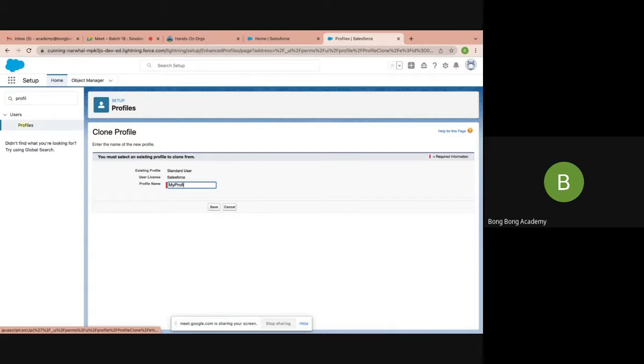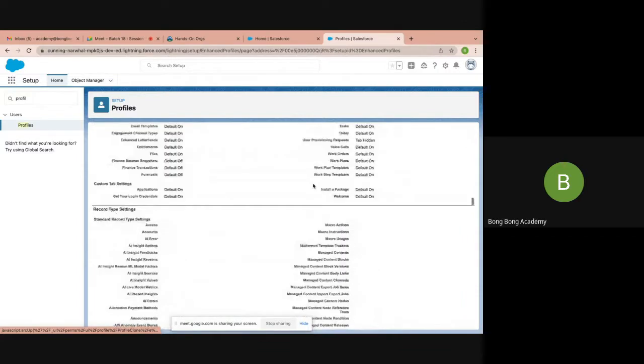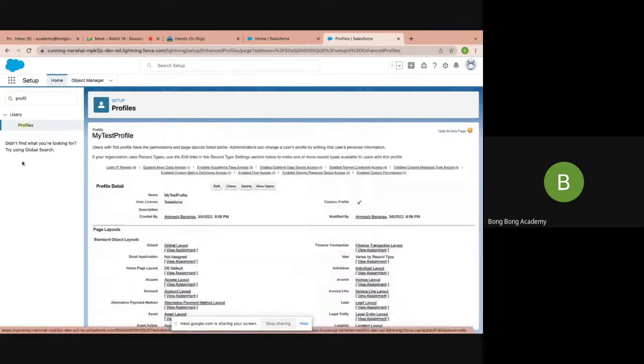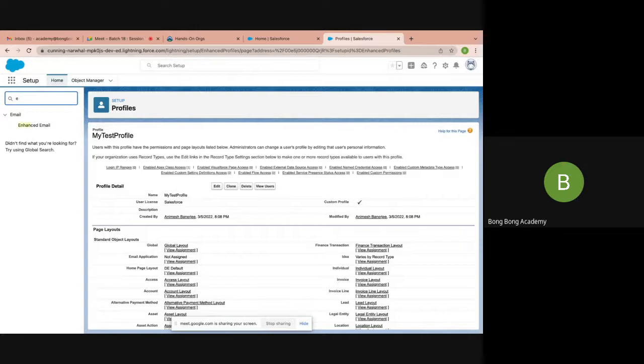My profile or my test profile. So this is the profile. Okay, I have created it. There are two different views of this profile. This is the standard view of the profile. Another view is also possible. You can switch it on if you want. It's called